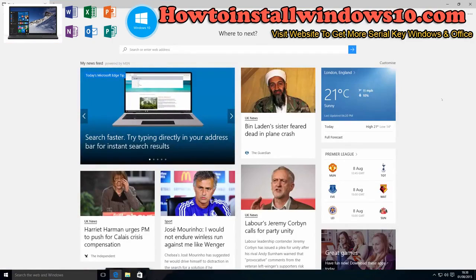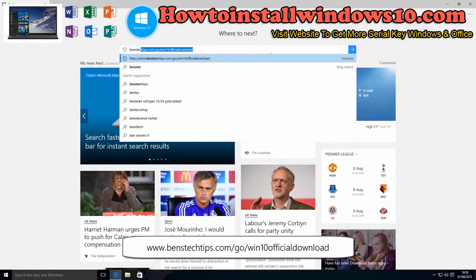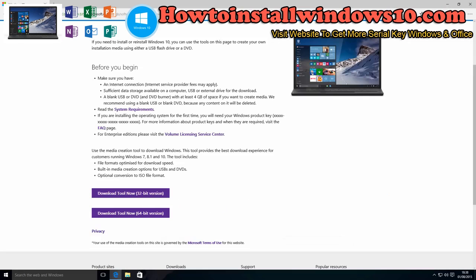So to download the ISO file, you'll need to head over to the following link on screen now, and that is go/win10 official download. So we're going to go ahead and click on that link, and you'll be redirected to Microsoft's